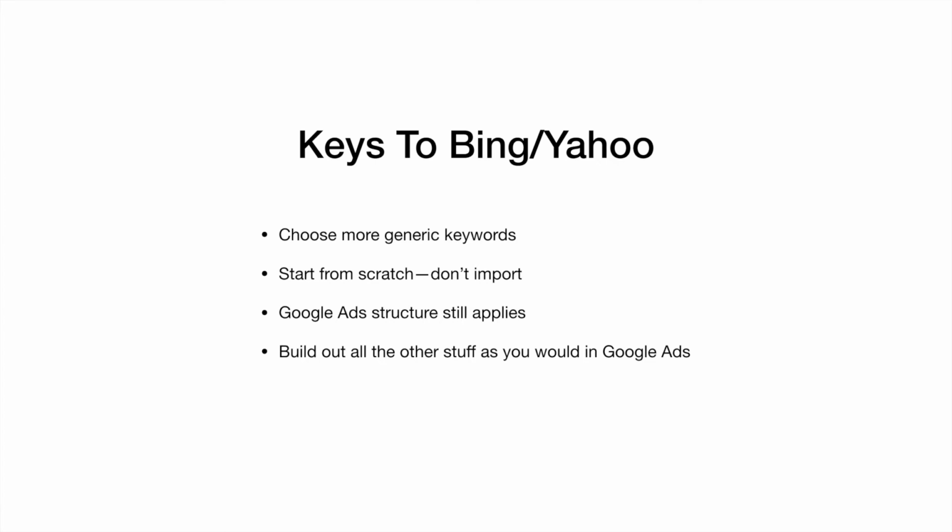So single keyword only ad groups, cross negative keywords, exact and broad, modified broad, and you're just going to build it out just like you would with Google Ads. The difference is that the keywords are going to be more generic and they're not going to be the same, and the bids are going to be very different. And there's a little handy tool when you're generating keywords in Bing and Yahoo that will give you an idea about how much you should be bidding on your keywords, and it's an auction system. So it's almost exactly the same.